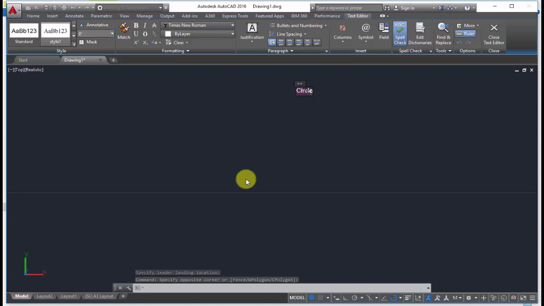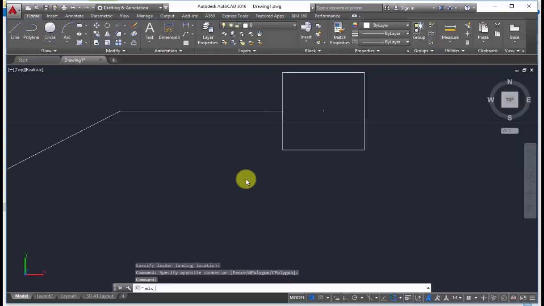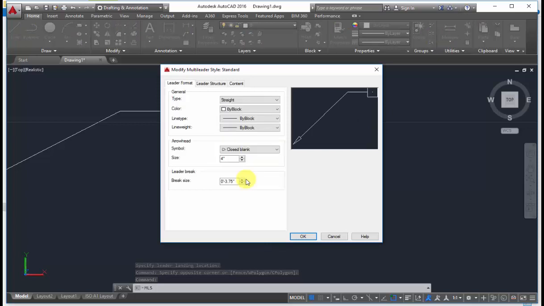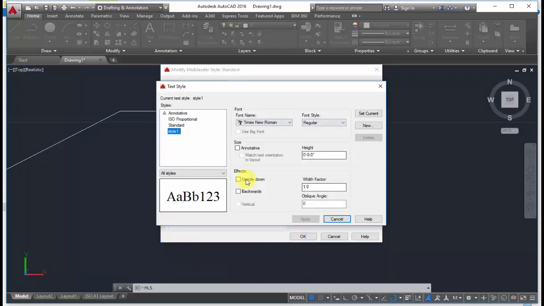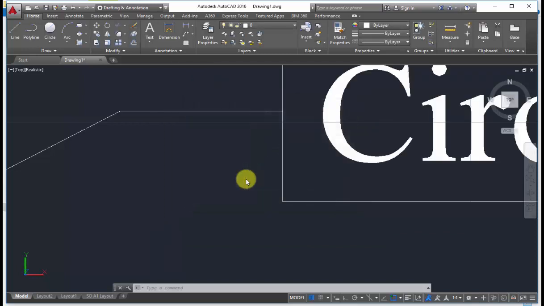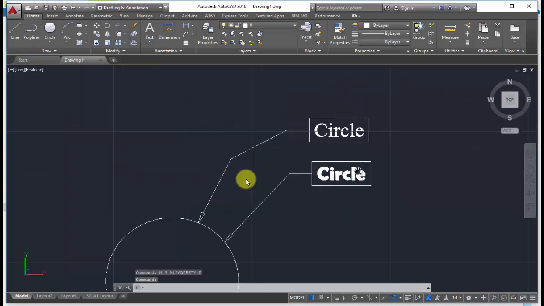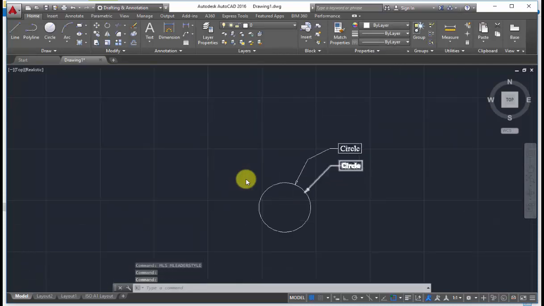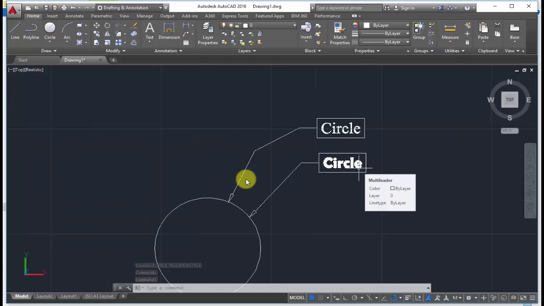I guess I have not set the text size, so you have to set the text size also. I'll give it as 5 inches always, set current and close. You can see here it's been applied. This is how you use multi-leader and how you edit the multi-leader.